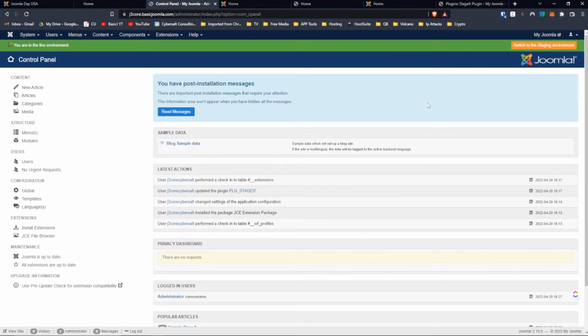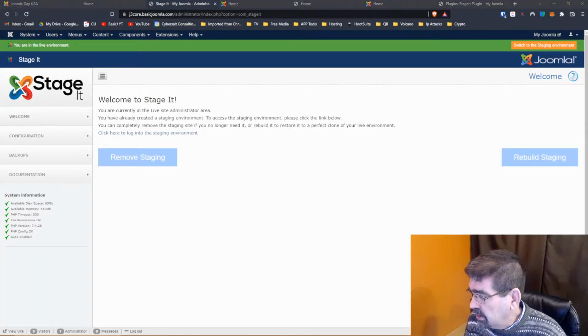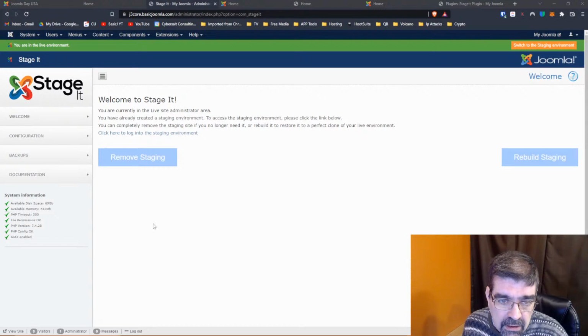The one thing about the subdirectory, Bjorn, is you would have to create that in your hosting account first. Some people's hosting accounts don't allow subdomains. They're that restricted. But here, by putting it in a subfolder of the live site, you skip that step. But let's go to components and StageIt. Let's pop this back in here. Okay,